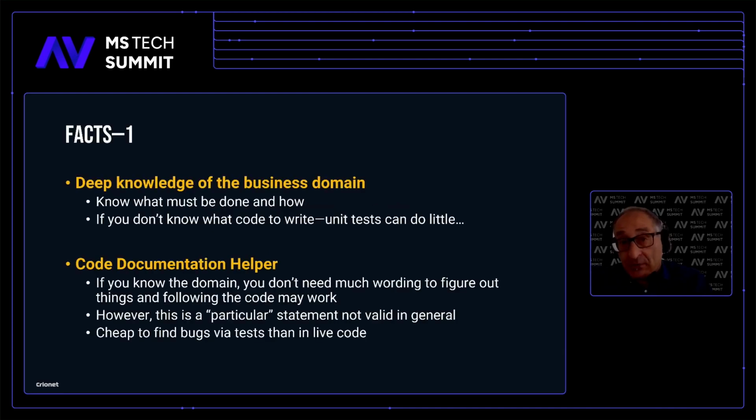What is crucial to do good business without unit tests? Deep knowledge of the business domain. That's fundamental. That's our key, personal key, Creonet key to success. We know very, very well our business domain. We know exactly what has to be done. We don't have user stories that someone else from the outside writes. We write user stories because the business domain knowledge is absolutely deep and serious here. We know what must be done and how.